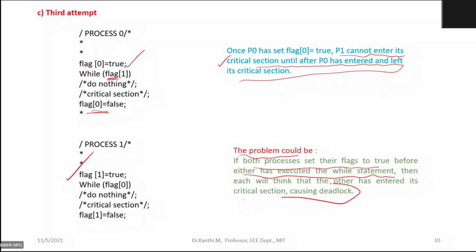This again causes the deadlock. This can happen because before they enter into the while loop, this is also true, and that is also true. So that can be a problem in this particular situation.